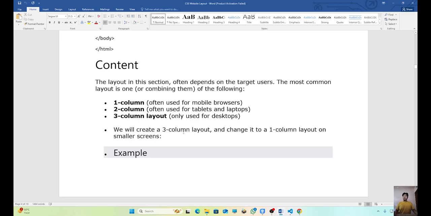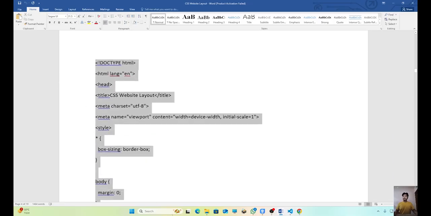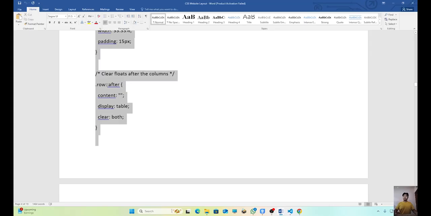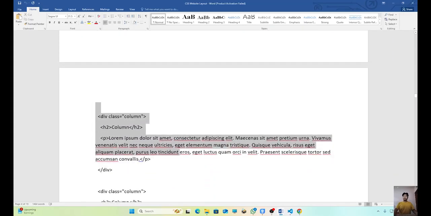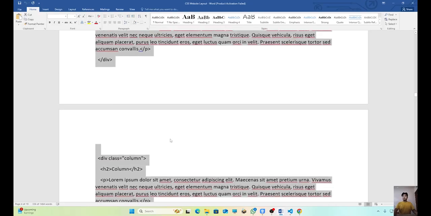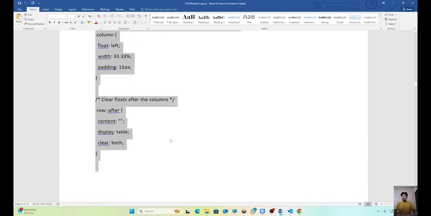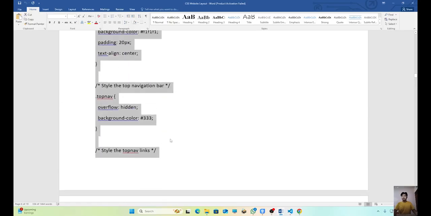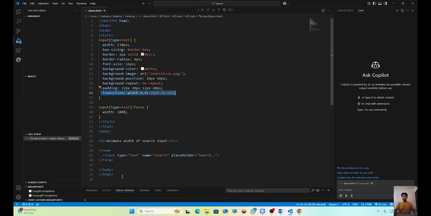We will create a 3 column layout and change it into a 1 column layout on smaller displays. So we are going to run this on our VS Code. But make sure we haven't left out anything else. Okay, so